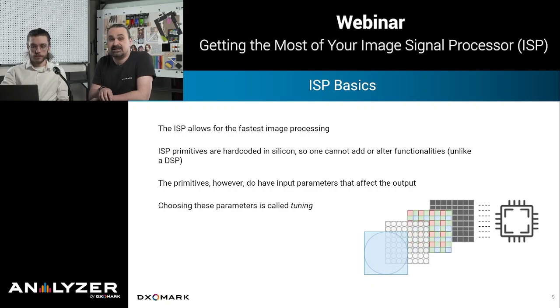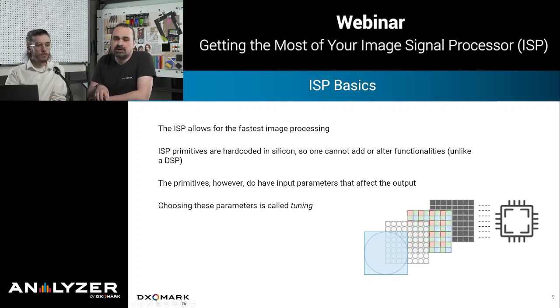So the ISP that is designed just for the specific purpose of processing images is very fast and very effective at doing it. However, at the same time, it's hard-coded. It's more difficult to change its behavior. It's less programmable, if you will. It's less general purpose. When you increase the level of abstraction, you get something that is more and more potentially adaptable and powerful, but less and less